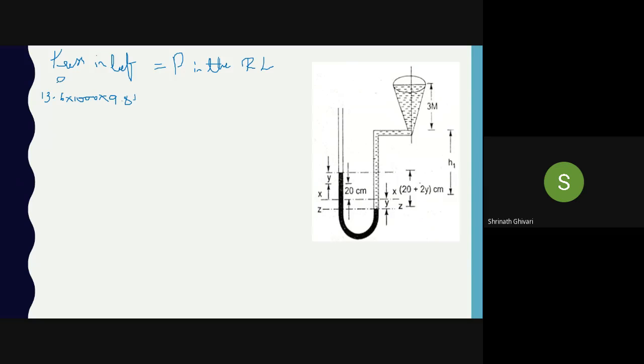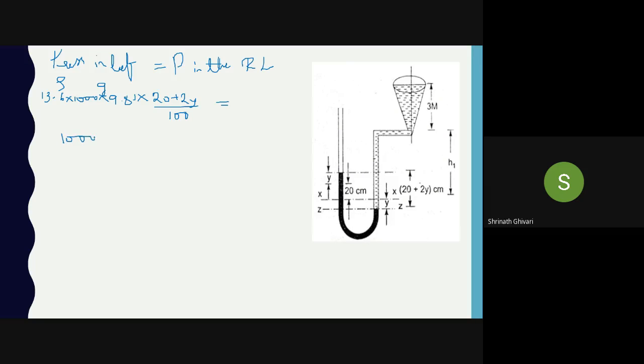This is rho, this is g. What is H now? We can write 20 plus 2Y divided by 100, equal to pressure in the right limb, which will be